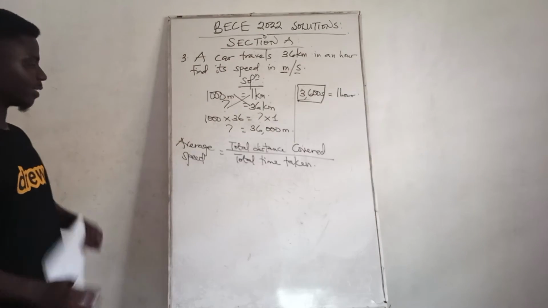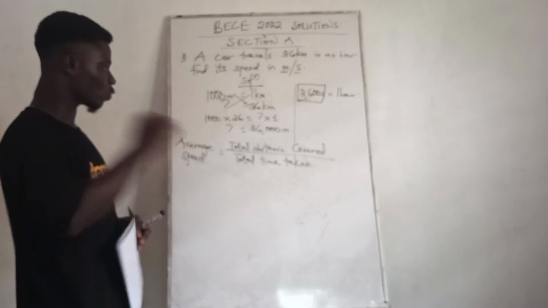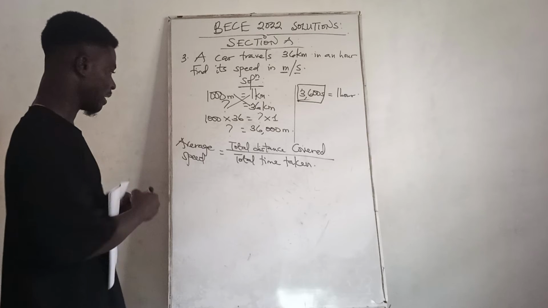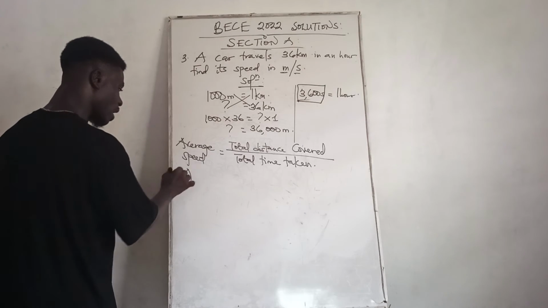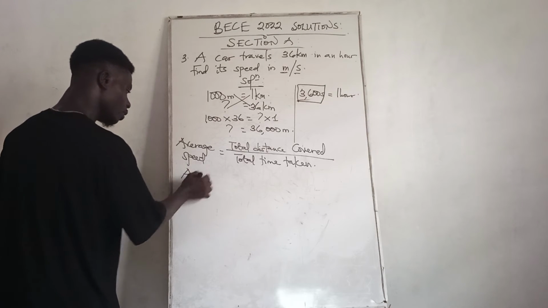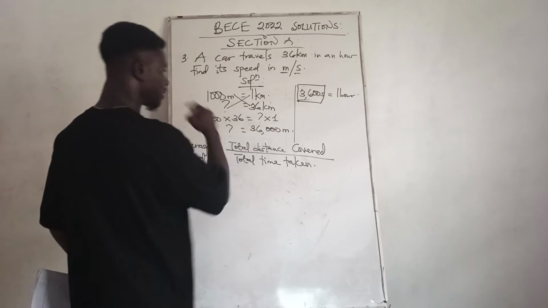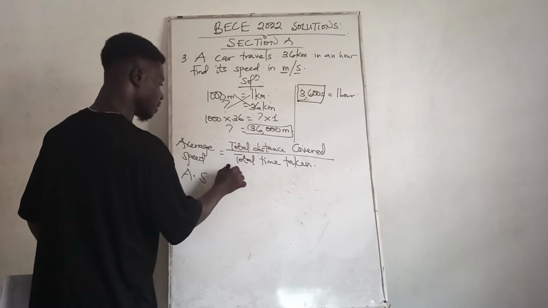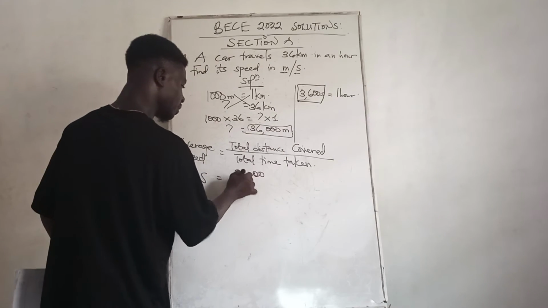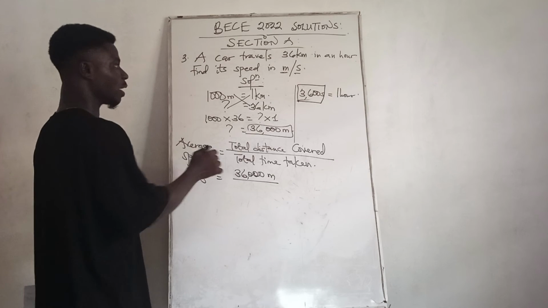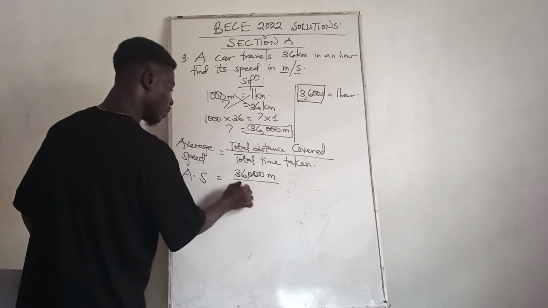So average speed equals the total distance covered over the total time taken. So my average speed, I can write it as AS equals my total distance covered, which is 36,000 meters over my total time taken, which is